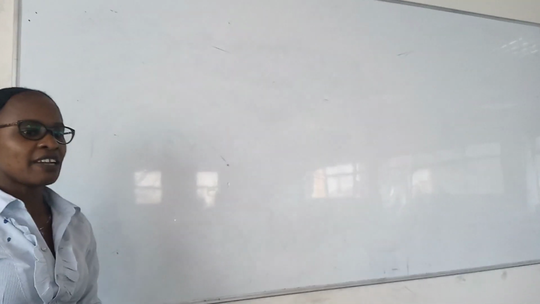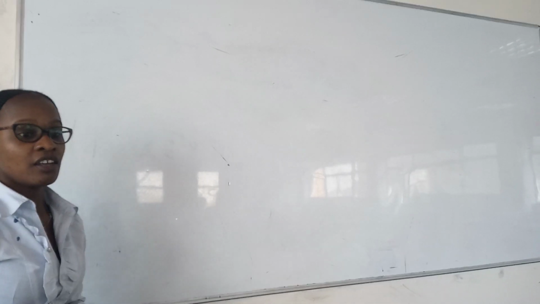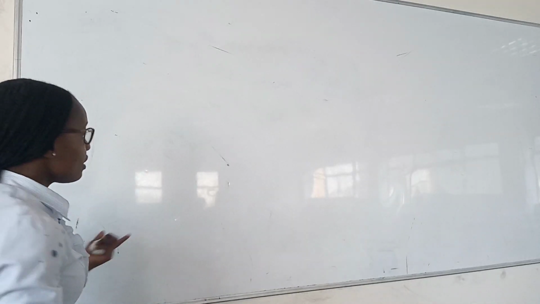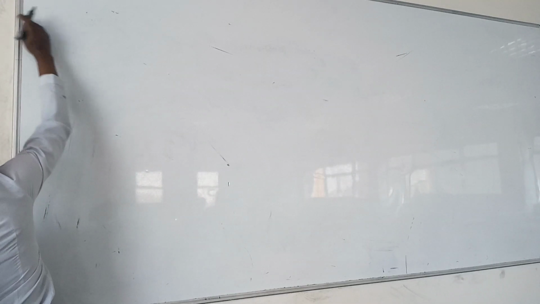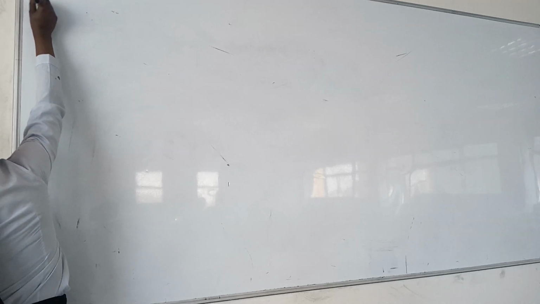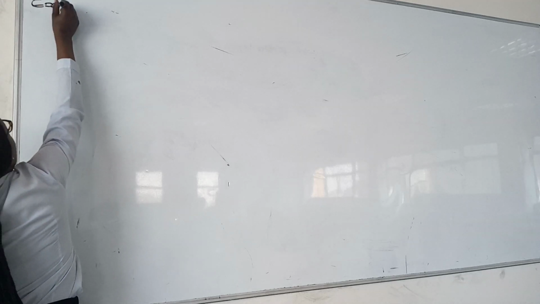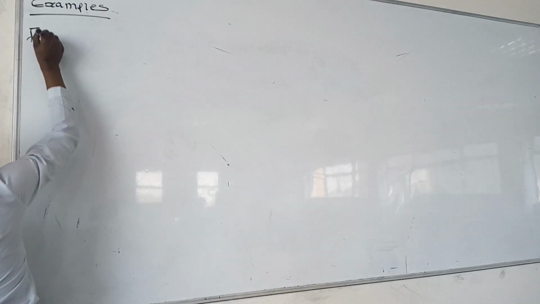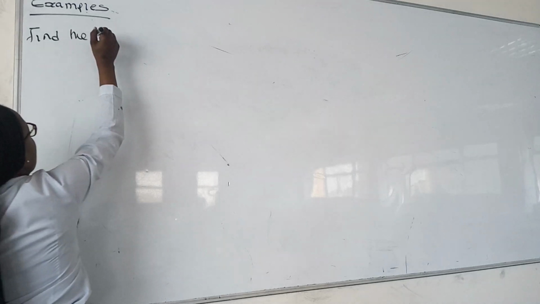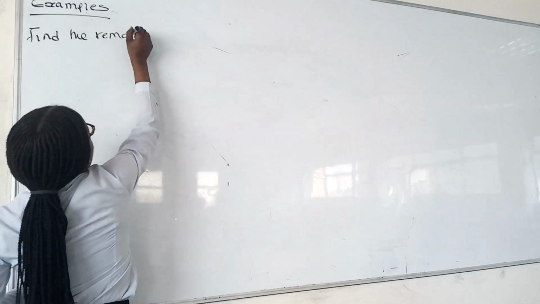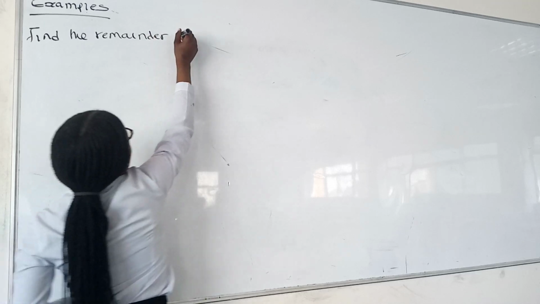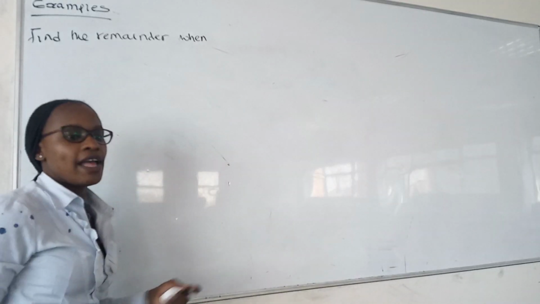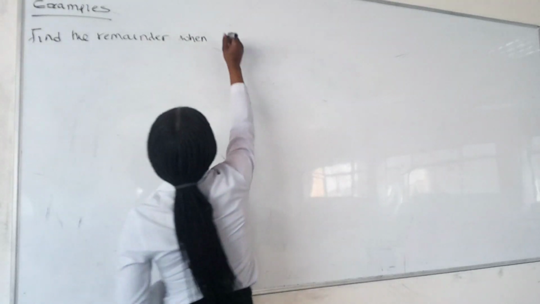And these examples are saying: find each of the remainders when the polynomials, so this is still examples. So find the remainders when the polynomials